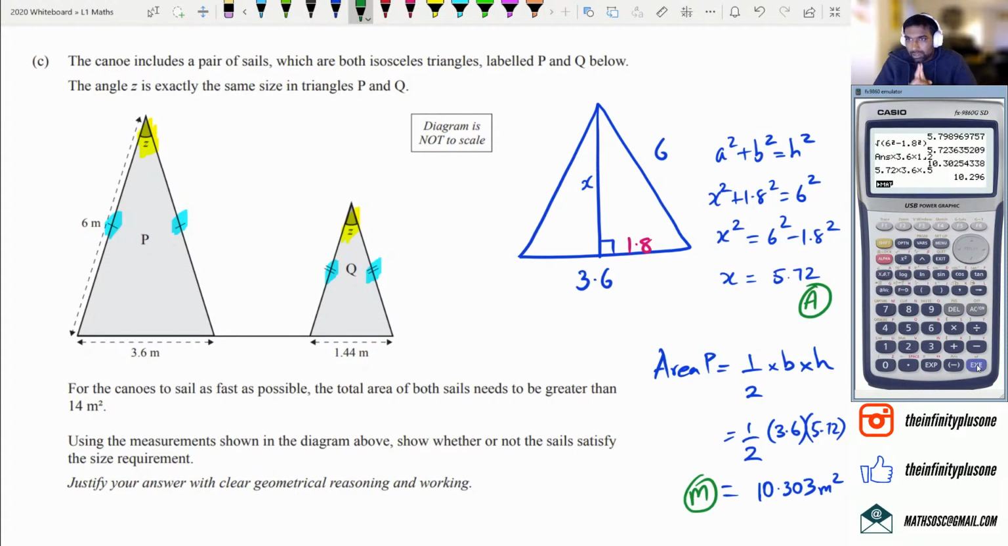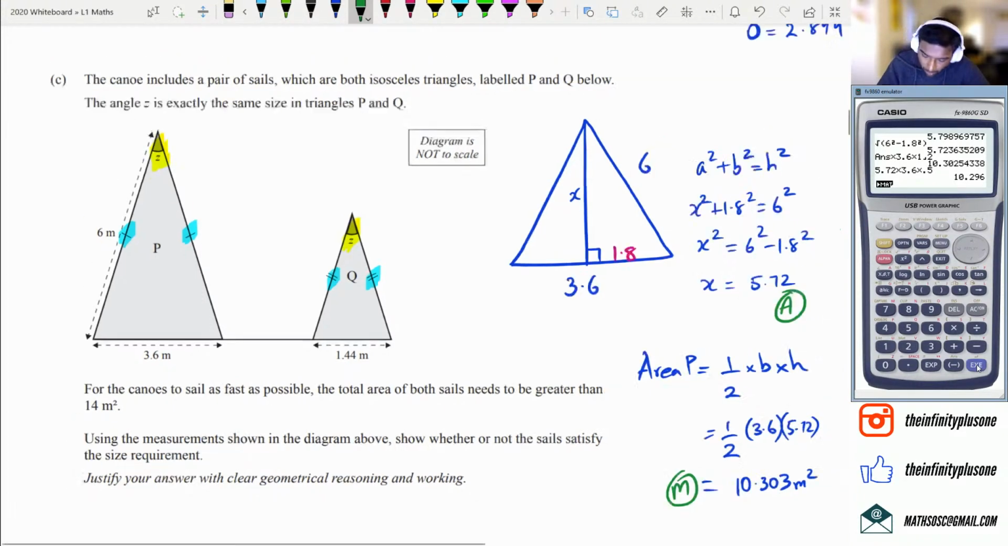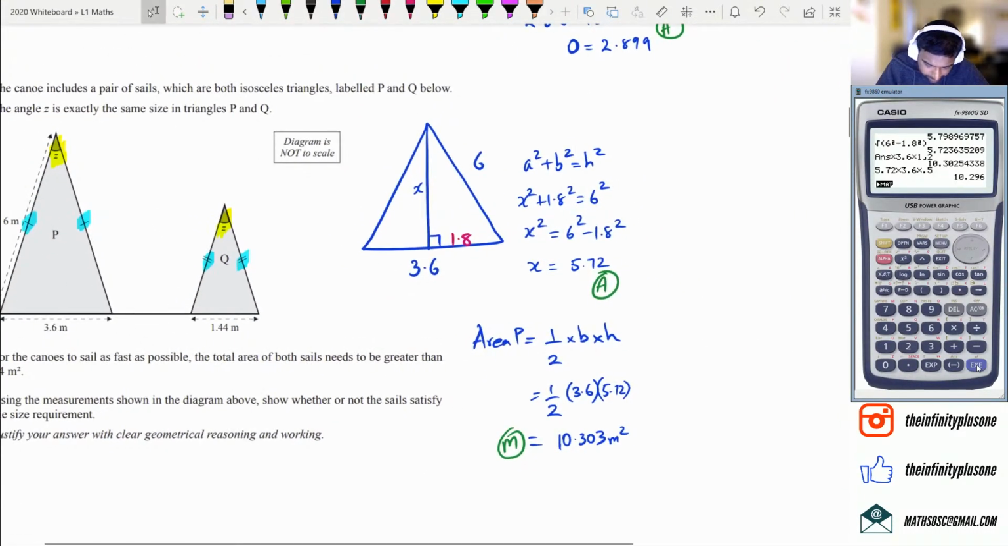Now, here's what I want to show you guys, a couple of shortcuts with similar triangles. This only works with the ratio. What I mean by the ratio is this. If you look at triangle P and triangle Q,